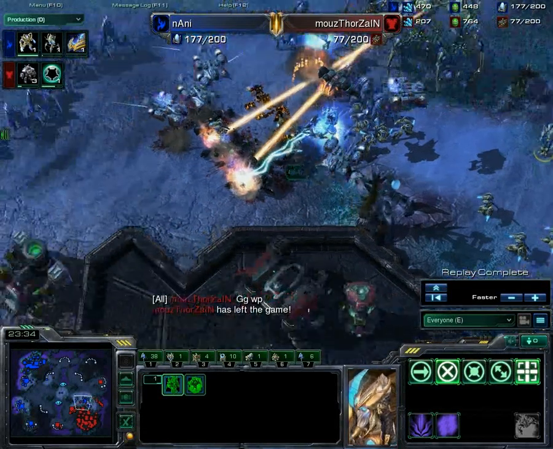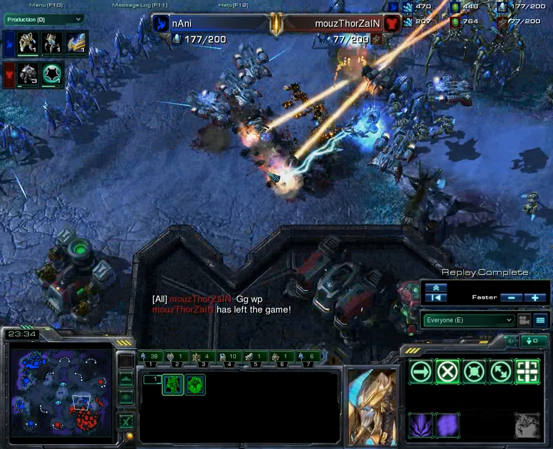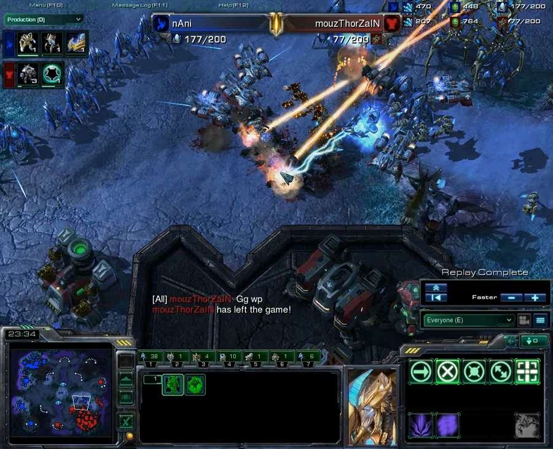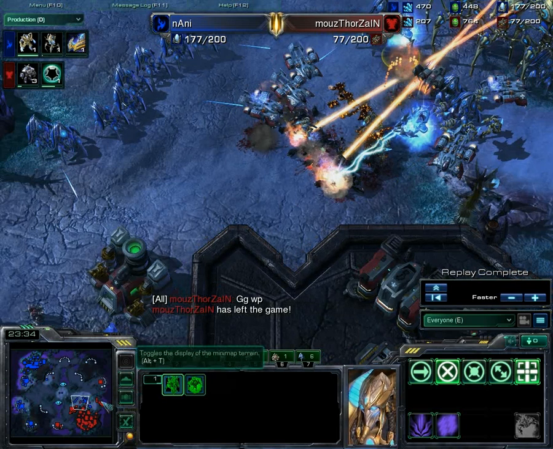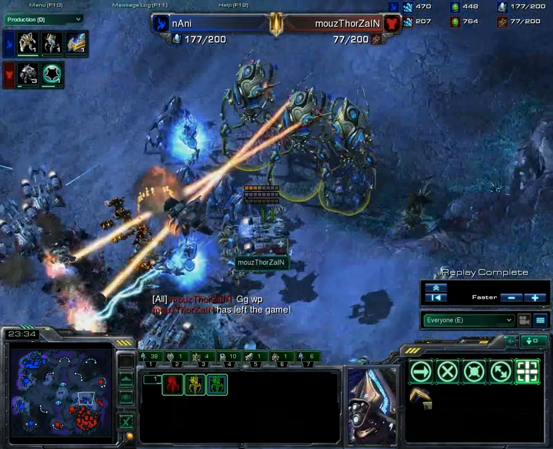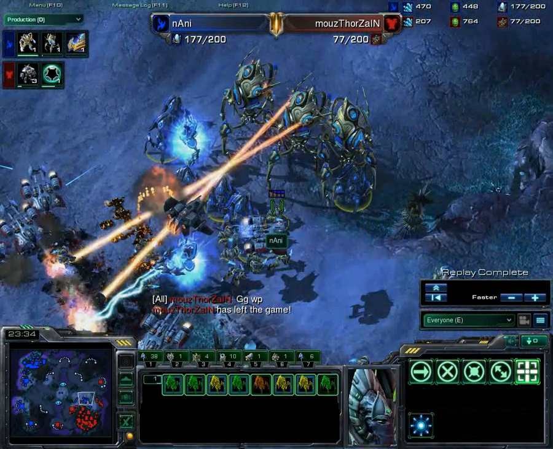Wow. What a game. ThorZaiN is a great player, but I feel like he went the wrong strategy. He was too late going into Ghost, which meant he lost those early battles. And he didn't abuse the mobility of the biotech. The reason you go bio is so you can drop everywhere on the map. These Colossi are effective, but they need to be kept with the big force of Stalkers and Zealots and Archons,